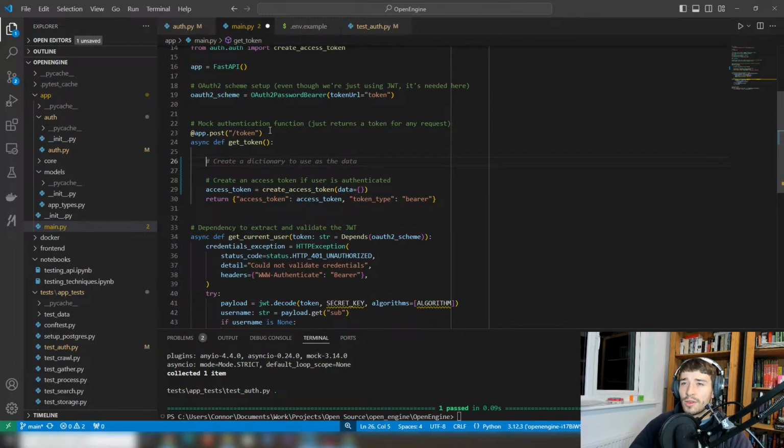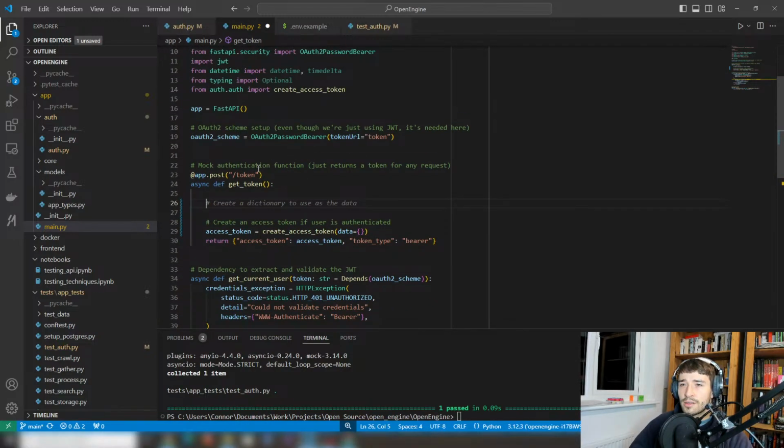So what I really want is not to get the token from here. I just want to get it at login. So instead,